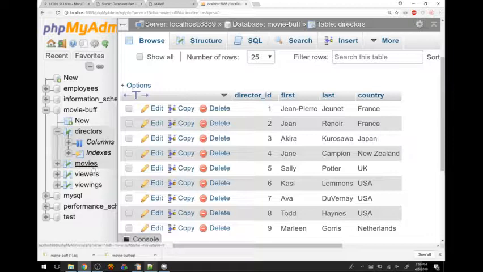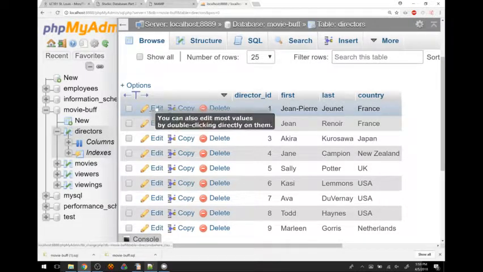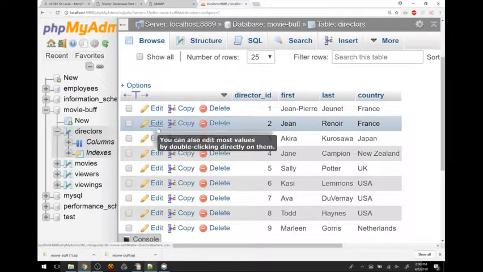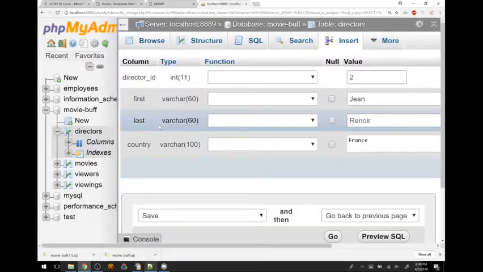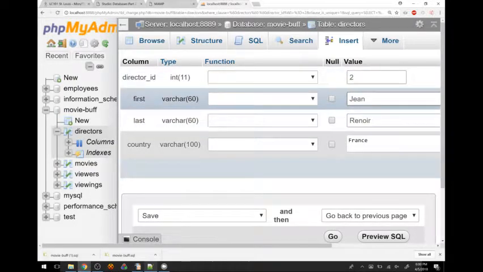Now, one thing I want to point out to you, I run into this on campus as well when I work with databases on campus. My students see buttons over here like edit and delete, and those buttons look very tempting, right? In fact, you can click these buttons and change these values if you want to. It does exactly as advertised. But we want to learn how to write SQL code because you're not always going to have a box that you can use to type stuff into. And actually, I would make the claim that using the boxes and clicking with your mouse is going to take longer. It's going to take more of your time to do it this way.